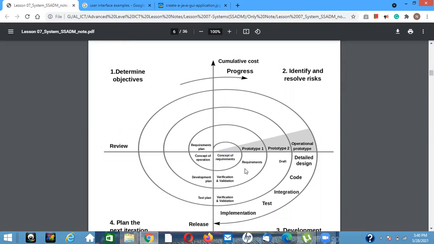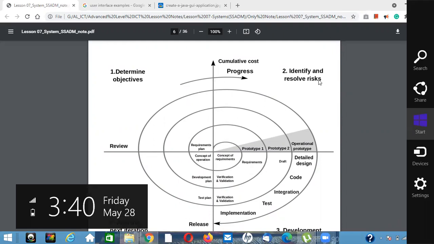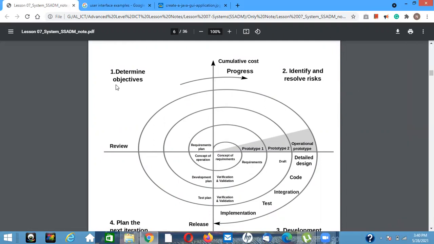Here you can see the main project is separated into four different tasks. The project team can decide what these four tasks should be.